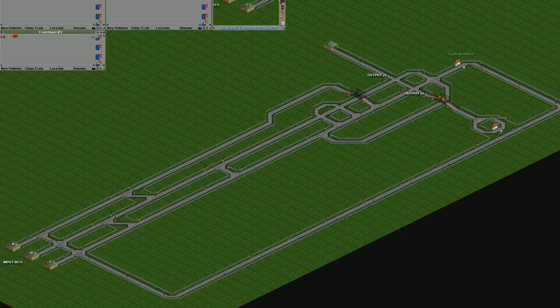So when I unpause this, what will happen is that these trains will set off at the same time. That's very important. They then follow down the tracks and they get out to the other end where, as you see, this train's now being sent back, and what we have here is 1 train in the output. This train obviously is going to go back to its depot, and there are going to be 0 trains there. So you've got the 2 value is 1 and the 1 value is 0, so 2 trains. And again, if I was to repeat this, it will always correctly count the number of trains in the